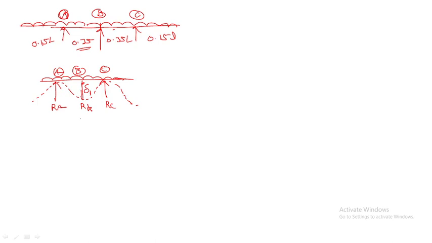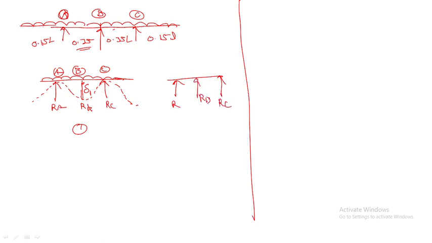Now hogging, this is the first diagram. If you go one more time, I will draw the line here so that you can understand easily. Again take RA and RC, and at the center RB. Hogging means it will come like this, right? So this is a sagging and hogging moment. Sagging and hogging moment you have to remember. This is the second sketch now.